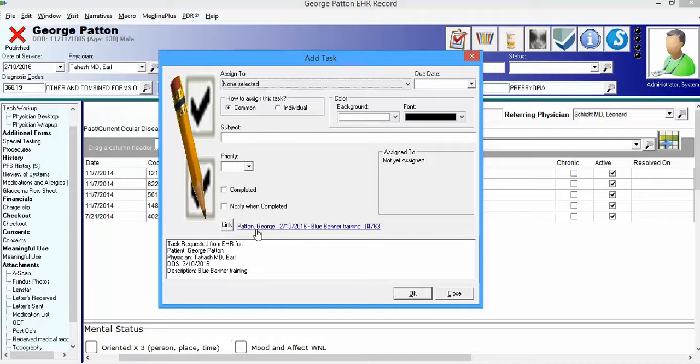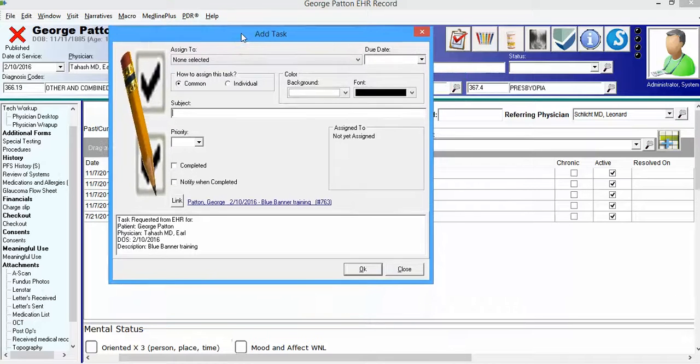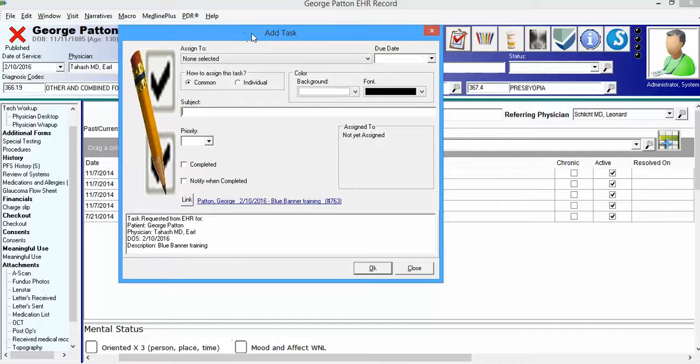So we have the patient's name, date of service, and the description right there. And this number here is essentially the patient's ID. It puts all of this information in there for you automatically. You can add to this. You can add a subject. This is a great tool for adding a task to somebody, like please take care of this, or please call this physician,